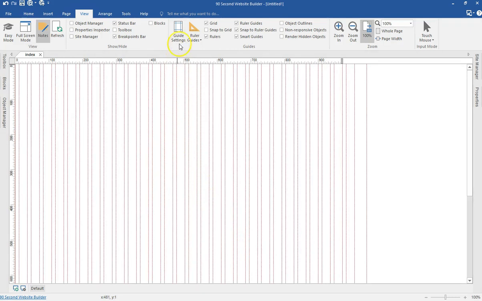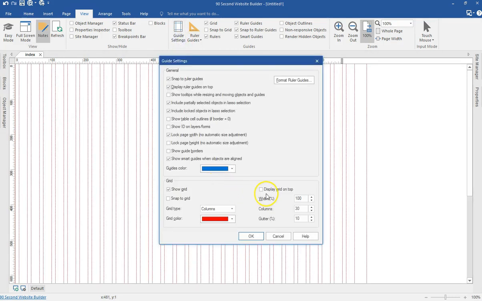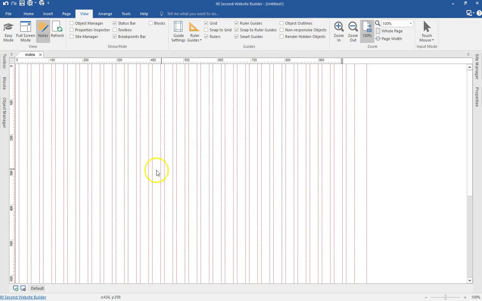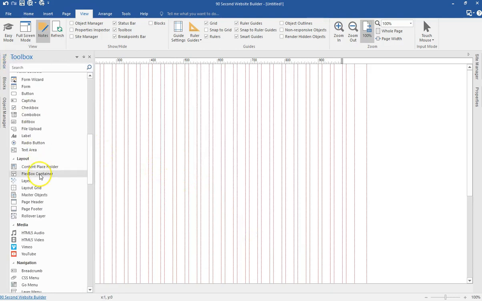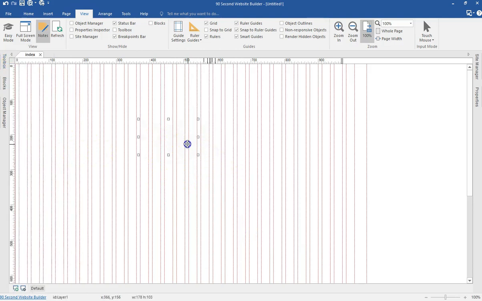Now I can even come back to the guide settings, and then let's go ahead and take a look at how display grid on top is going to look. So I'll select that, and then I'll come back to my toolbox. I'm going to select the layer 2, and then if I draw in here, I guess you can see my layer is in here, but at the end of the day, I have my grid being displayed on top